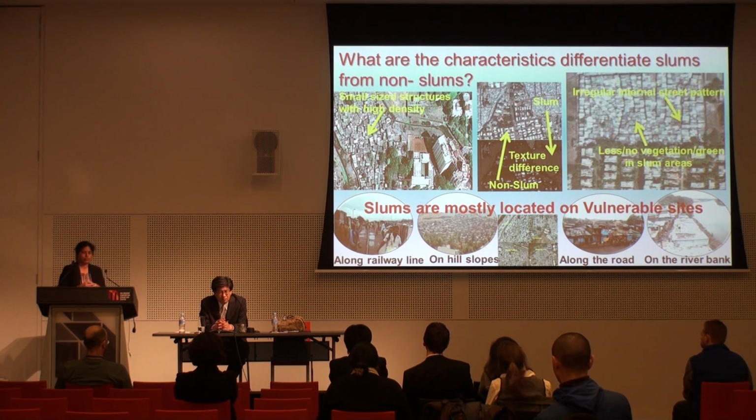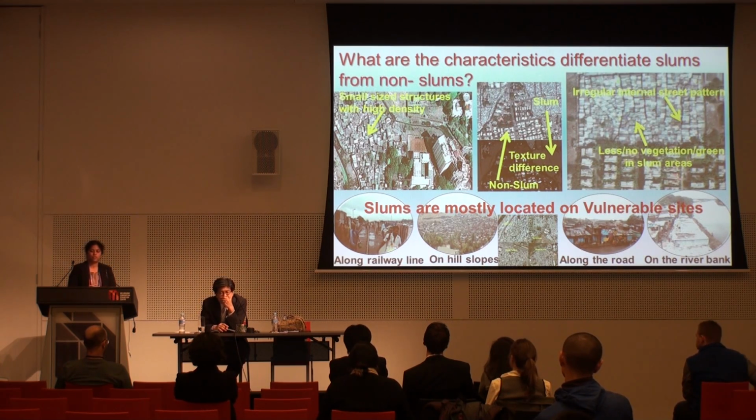The central scene of part of Pune city, one QuickBird scene, has been taken here. In that high spatial resolution, visually you can differentiate the slums as well as non-slums. But there are certain characteristics which can help us to detect the slums from the image. So you can see here the high-rise structures with the